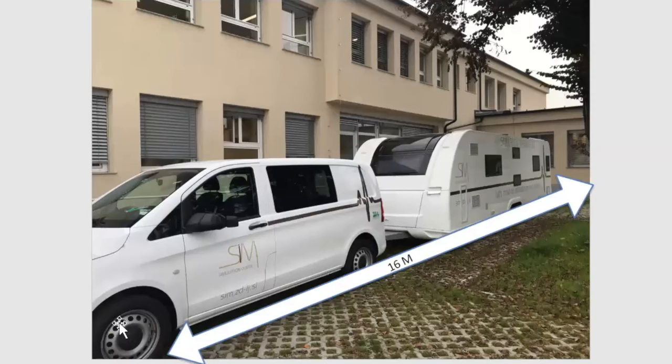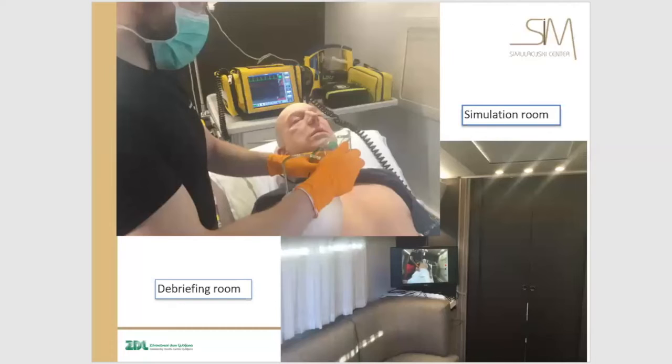This is also our car that we need to drive. This simulation unit is altogether 16 meters. And this is the interior of the simulation unit. It has 2 separate places. One is the simulation room. This is our simulator. And one is the debriefing room, where we can sit down, discuss, and also observe what